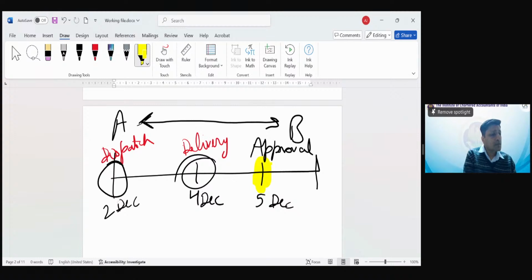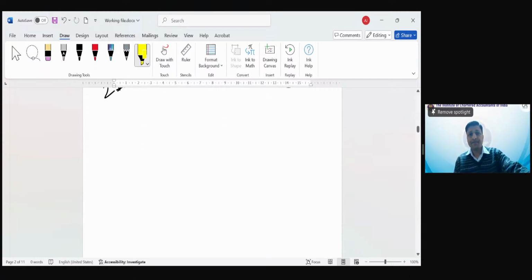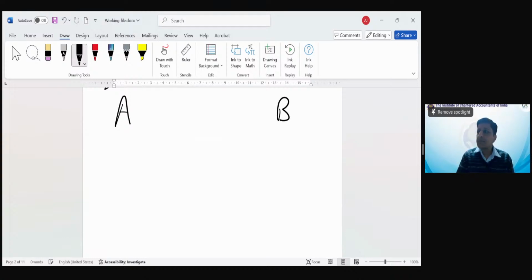Okay. Now, another example. Let's suppose there are two parties, A and B. Now, they have agreed that the risk and reward will be considered as transferred to the buyer only when goods are actually received by the buyer. Goods are actually received by the buyer. Understood? So now in this case,